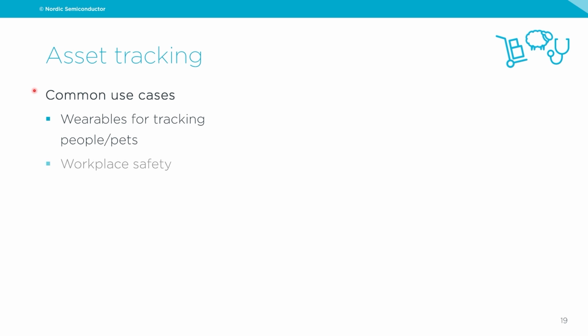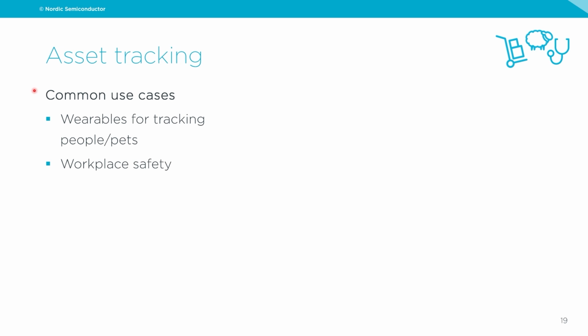If we look at asset tracking as the first area, some of the common use cases here are wearables for tracking people or pets. I'm sure that if you have pets, cats or dogs, you've seen these collars for tracking them, if they go out of the house. Often they also combine with short-range technologies like Bluetooth LE. But if you're in an environment where you don't have Bluetooth connectivity, then Cellular acts as the connectivity option when you're out in environments where you don't have other solutions.